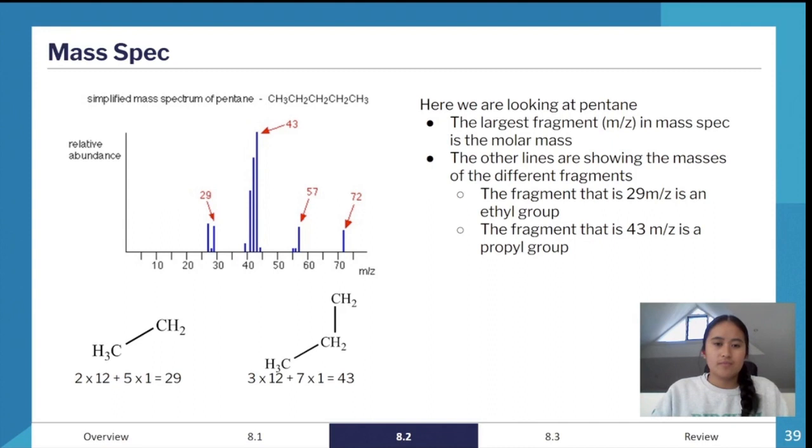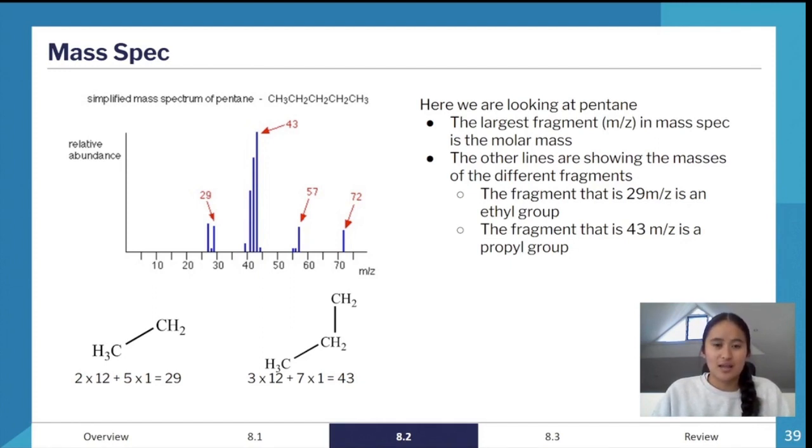Those are two that come up really often in mass spec, just because a lot of compounds have a group like an ethyl group or a propyl group. So knowing that 29 and 43 mean those things, sometimes they can mean something else if it adds up like that, but most of the time it will mean an ethyl and a propyl group. So just remember those numbers. They can be super handy